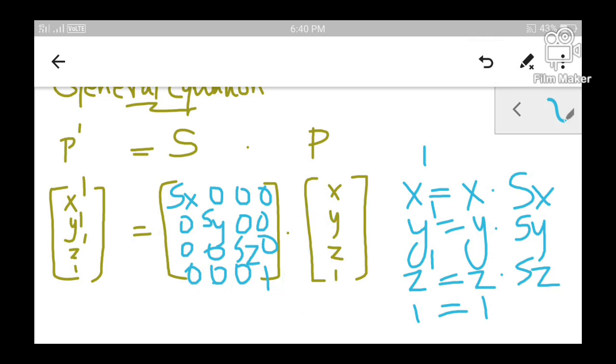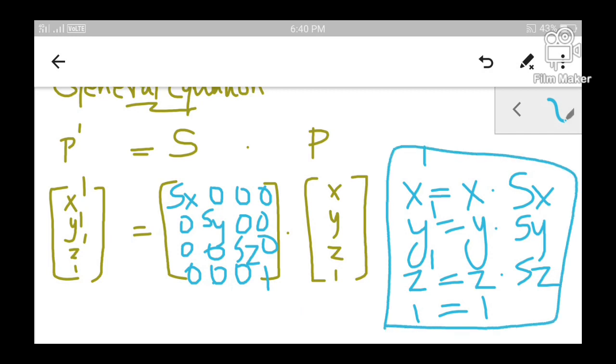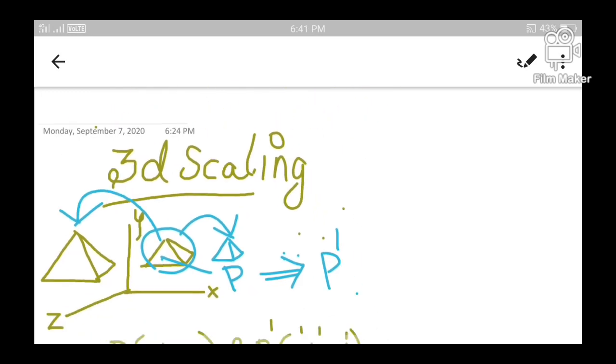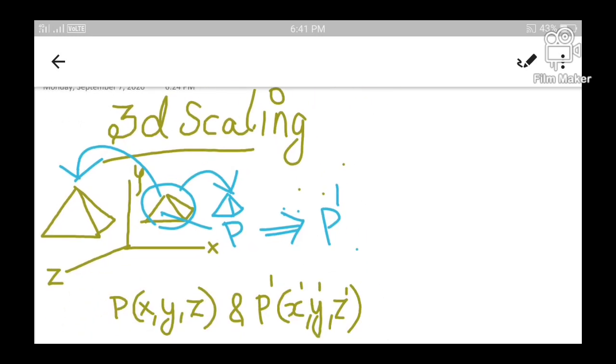So in this way the scaling matrix is written such that the transformation equations for scaling have been achieved without any change, even though the 3-dimensional space is written. 3-dimensional space is only having 3 coordinates in it, and even though there are only 3 coordinates, I have written it explicitly in a 4 coordinate system without changing its value. Okay, so this is what is meant by 3D scaling. Scaling is nothing but change in size of an object. Whenever the object undergoes change in size, either increase in size or decrease in size, it is called 3D scaling.